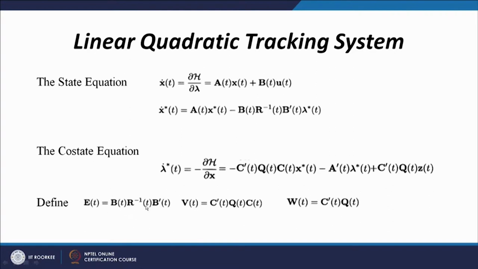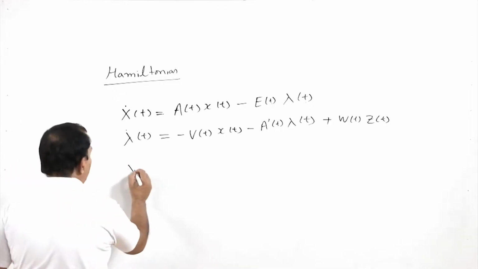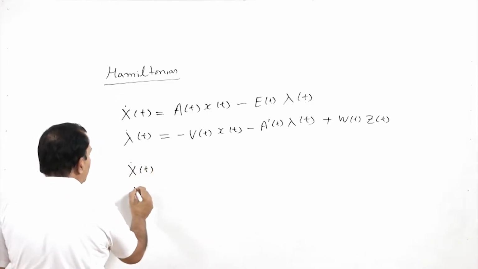So, E is B R inverse B prime, V is C prime q c, and W is C prime q. So, I am writing the state equation as x dot equals A x minus E lambda, and lambda dot as minus V x minus A prime lambda plus W z. So, if I write the state and co-state equations in the Hamiltonian canonical form, naturally my system will become x dot t